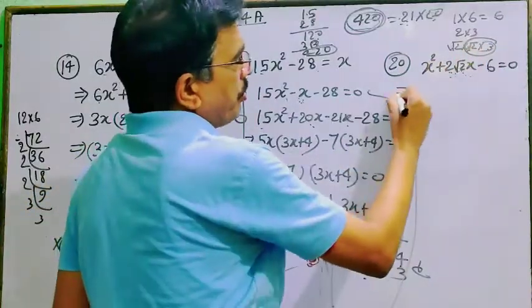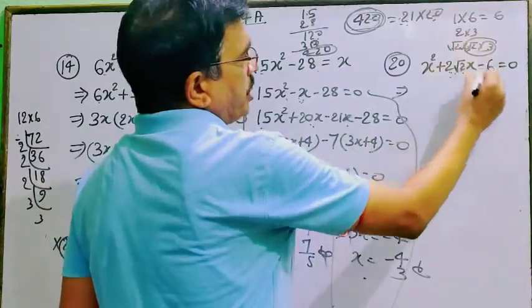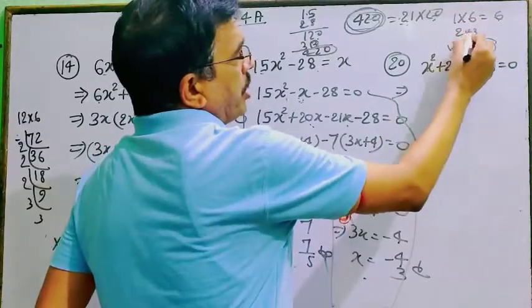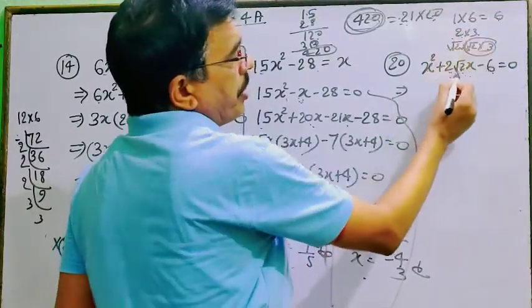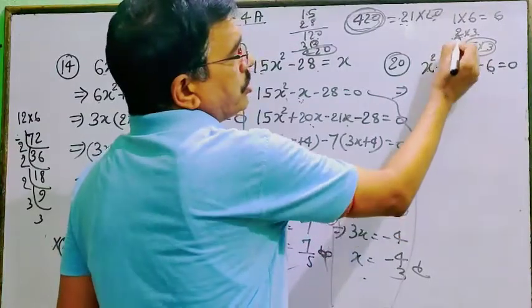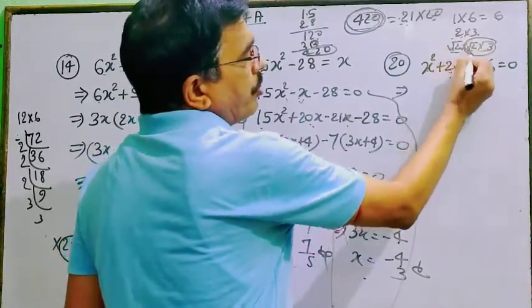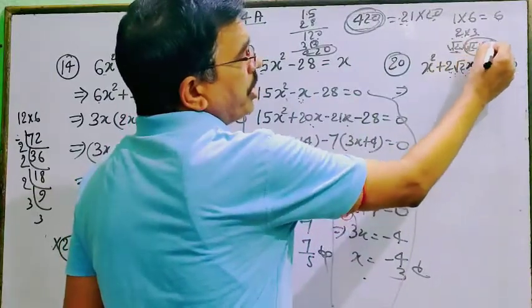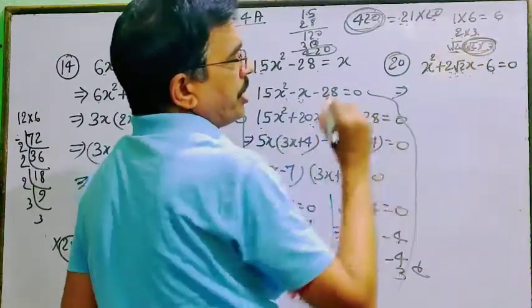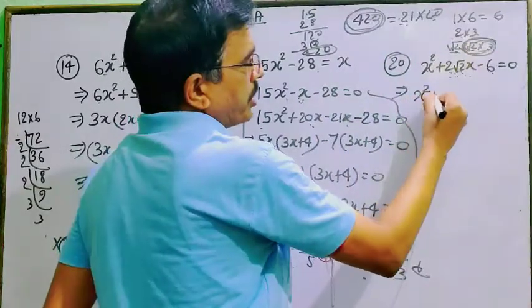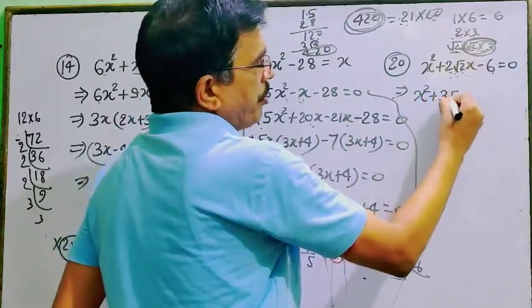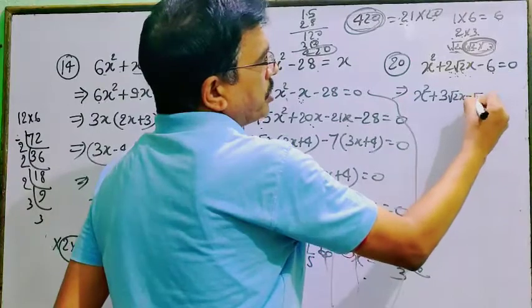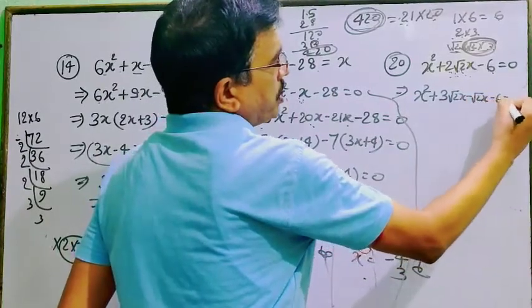So dear student, first you multiply 6 and 1, then you get 6, and it is factorized as 2 into 3, but you need only root 2. So this 2 you can write as root 2 into root 2. So it is root 2 into root 2 into 3, that is 3 root 2 minus root 2, you get this. So now you solve here x square plus 3 root 2x minus root 2x minus 6 is equal to